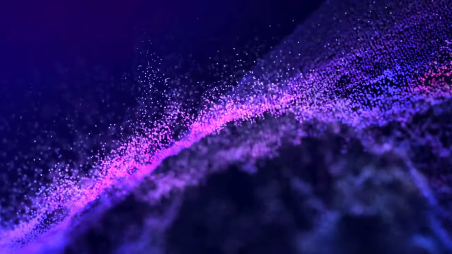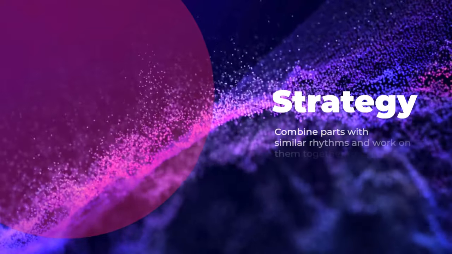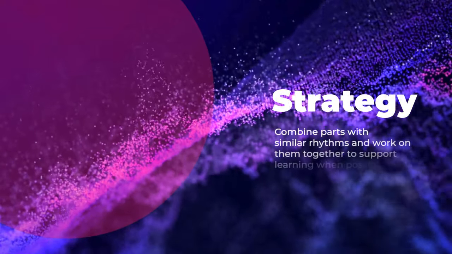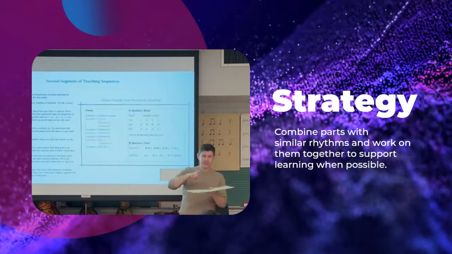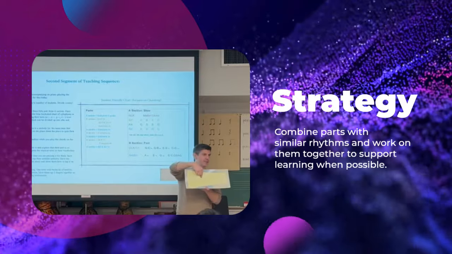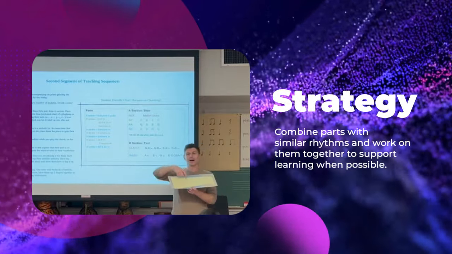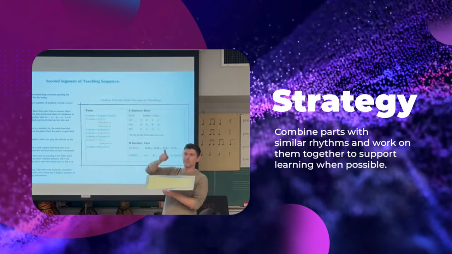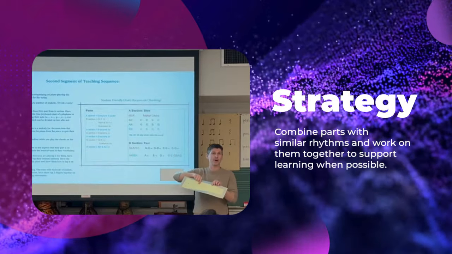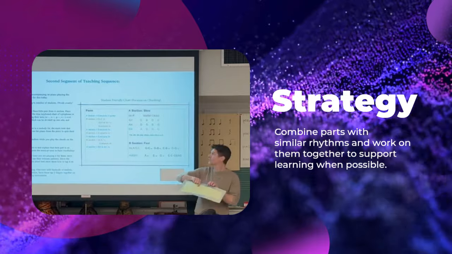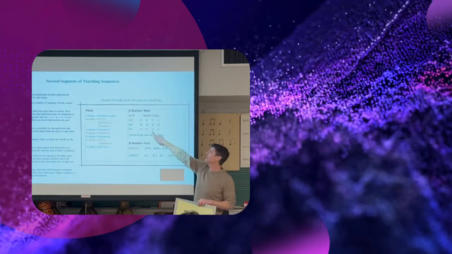I apply the same process with the alto xylophone part, and then have both sections tapped together. It's important to identify parts that share the same rhythm and work on them simultaneously. On the G in the middle, this G, you get a specific one. So altos, tap your G. G, G, D in the middle, G. Altos and basses, tap your part with your fingers. Ready? 1, 2, here we go. Second, third,